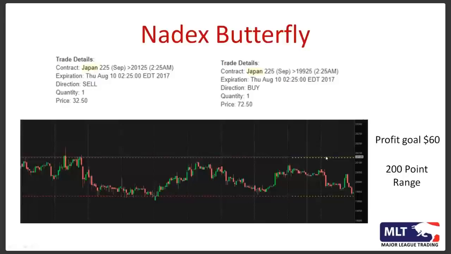When this went from red to yellow, I had a 200-point range, right? My profit goal would have been $60. I risked 40 to make 60. I got to Wednesday evening, and I'm like, man, this is going to work out. This is amazing, right? Sometimes you got to trust your strategies, even though it wasn't something that I had tested